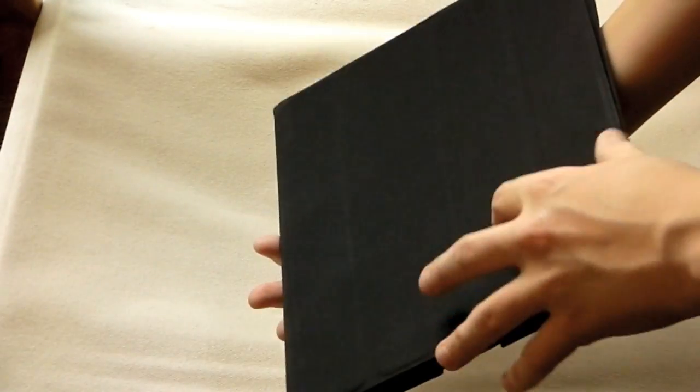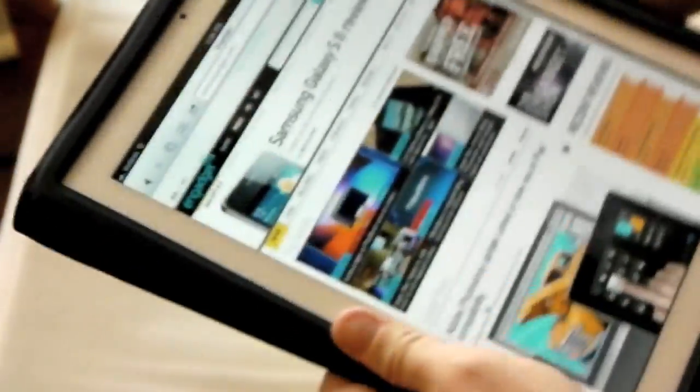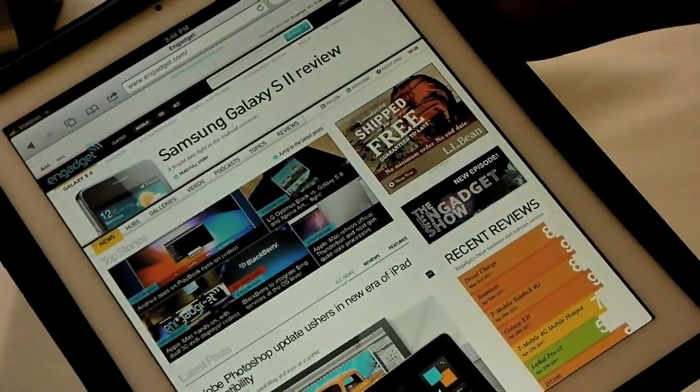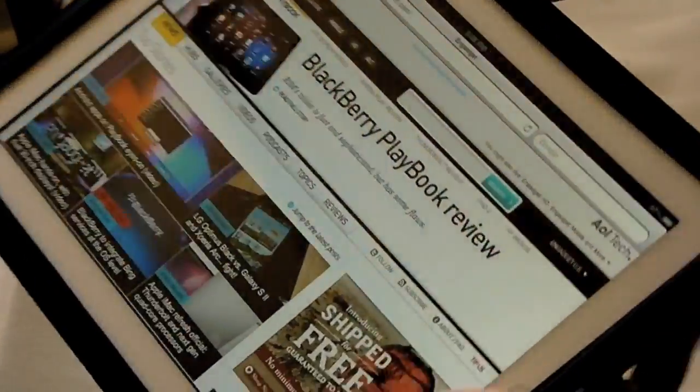So let's open this up, and as you open it, you'll see that the iPad turned on. Let's say you have it shut and it's on sleep mode, and then you open it up and obviously it's unlocked. Let's say you're flipping this Folio thing to the back. You see? You could just be doing whatever on your iPad and doing this stuff on the web, and all of a sudden, there you have it. Just turns right off. Up, on, and flip it to the back,